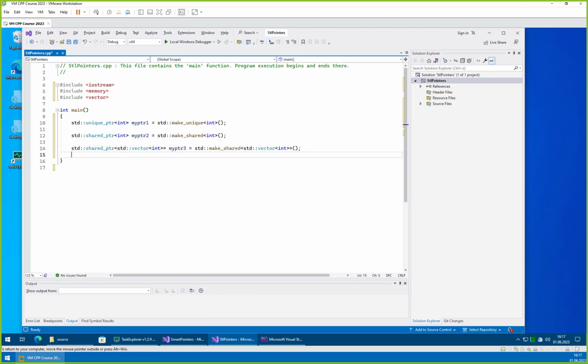So what we now get is a smart pointer which points. The smart pointer is allocated on the stack within the main function, and it points to a vector object which is allocated on the heap. And the nice thing about the vector object is that it automatically manages its own memory. As you might remember from the string classes, which we have taken a look at in the last lecture, when using just normal C strings, which basically are just arrays,